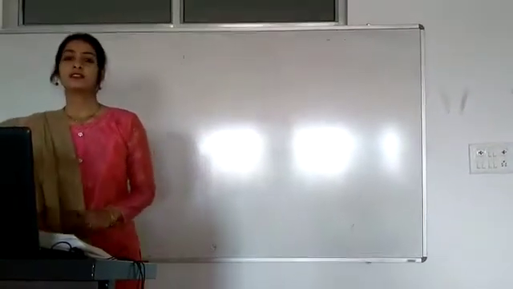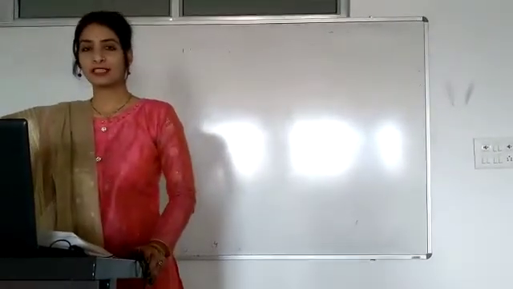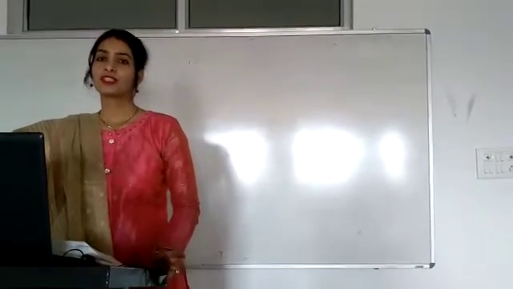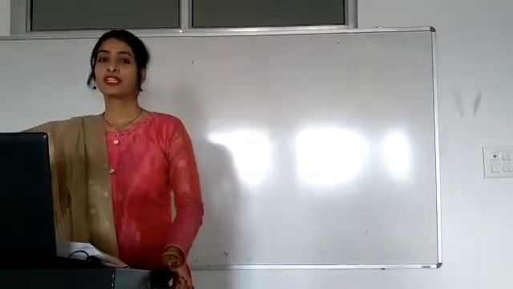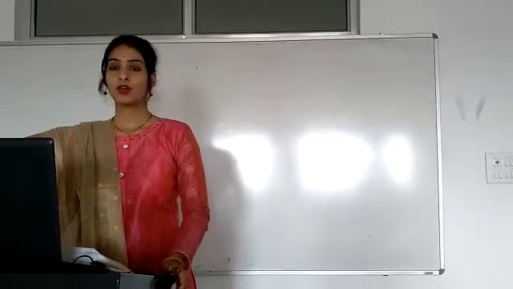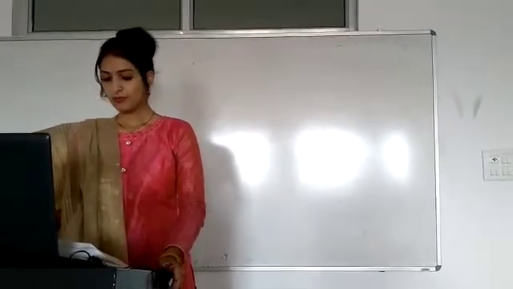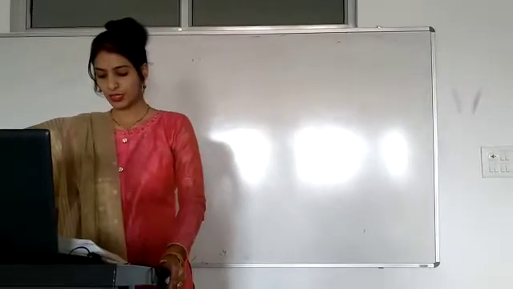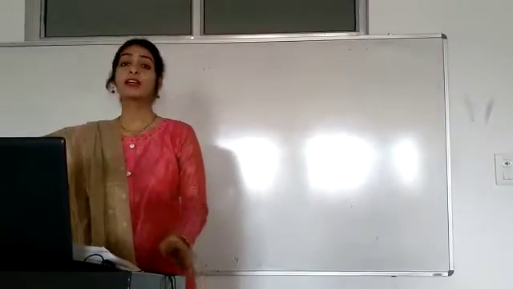In the last lecture, we already learned about game theory. What is game theory? What are the assumptions? What are the limitations? What is a saddle point? What are the dominance rules and all these things. Now the next topic of game theory, the next method, is the graphical method.